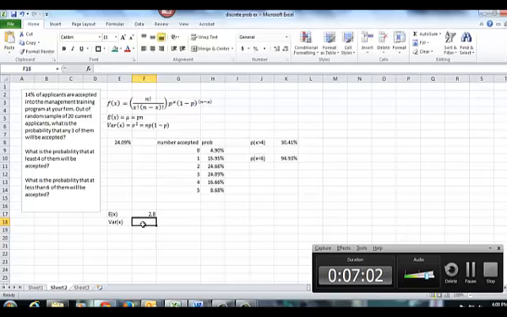The variance, again, uses the formula that I have there. So the number is equal to, and I'm literally just applying that formula,